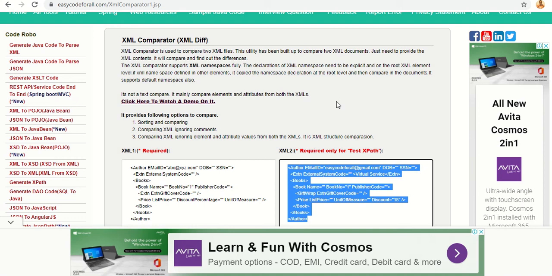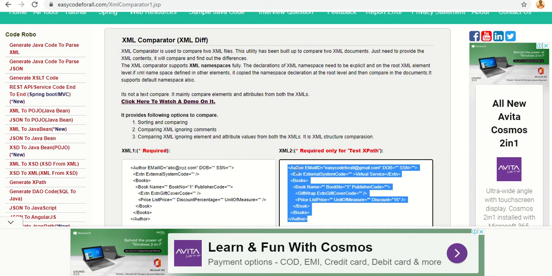When we are comparing the XMLs, it can sort both the XMLs and then compare. And one more important point here: it's not a text comparison, it's an XML comparison. So it will not be treated as a text comparison.